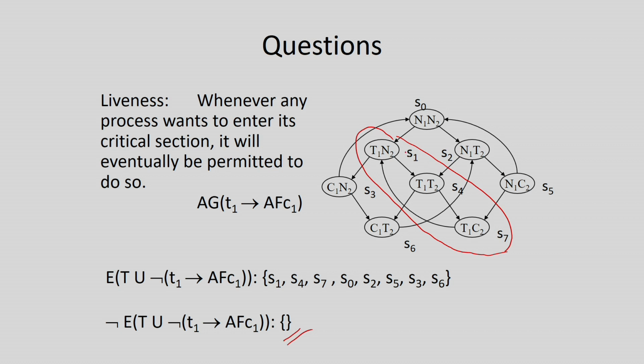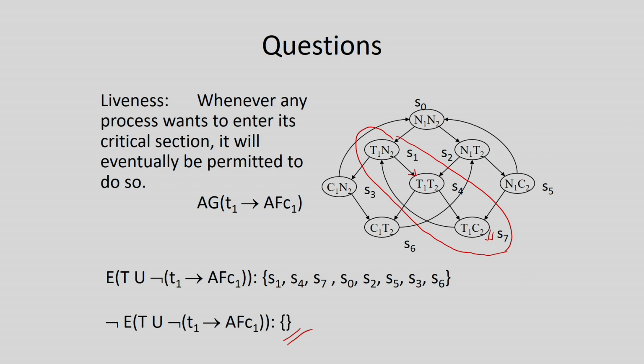Okay, that means if I am in state S1, trying to enter into the critical section, I have a transition to S4. From S4, because both are trying to enter into the critical section, it is entering into the critical section for process P2. So, if it goes in this particular loop forever, then what will happen? Process P1 is not going to enter into the critical section, because either it can enter via this particular path or via this particular path. So, this is the reason.